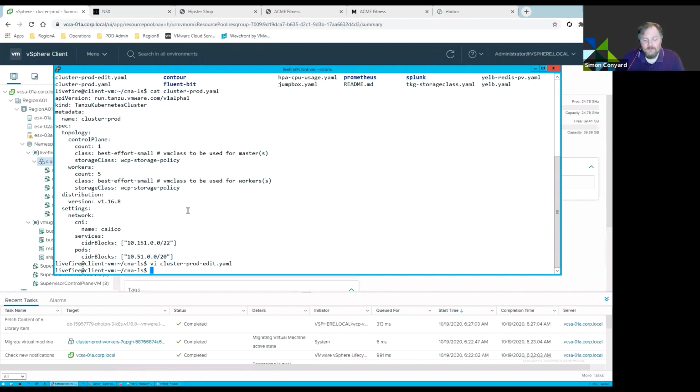So here we are. We have our configuration file that now points towards a Tanzu Kubernetes grid cluster of having 6 worker nodes. To deploy that, to scale that cluster out, all we need to do is apply that file. So if you write your kubectl and then apply, and then a file, because we're going to point to the file for the configuration, and then point towards the cluster prod edit YAML, a few things are going to happen. If you hit enter, yep, sorry, in the namespace, you're quite correct. So if you click enter on this command,